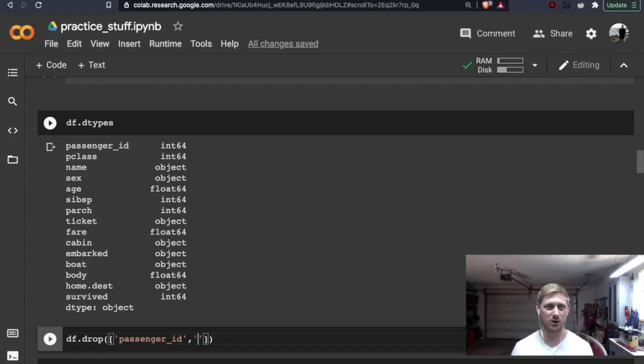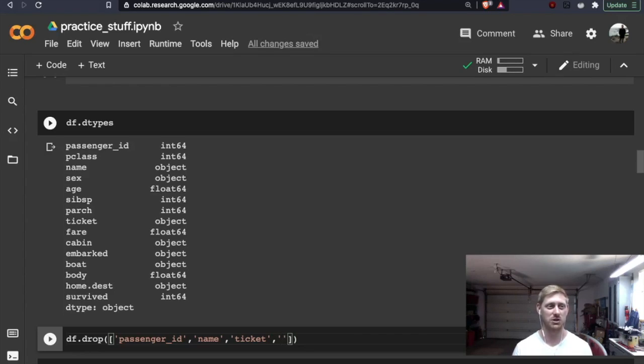And so that would include our passenger ID, our name column, and then what else? So name, sex, age, our ticket, because we would assume that each individual should have their own ticket. Obviously, we could do our own exploratory data analysis to see if that's true.